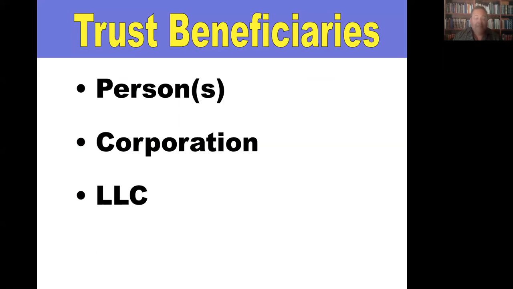In fact, the IRS set up these rules about not reporting because they assume that if you could revoke the trust, you're still the owner, so keep reporting it as if you're the owner. If the IRS had a problem with your taxes and they filed a lien in the county in which you own property, and that property was already titled in a land trust, the lien wouldn't attach to the property. And the IRS wouldn't know this because they told us, don't tell us about the trust because it's revocable, report it as if you own it. They set up the entire rules that will screw them in the long run.